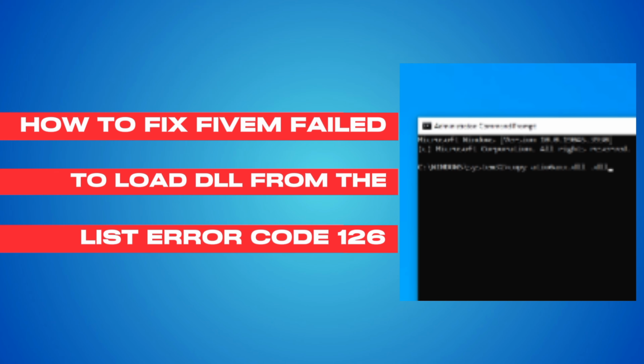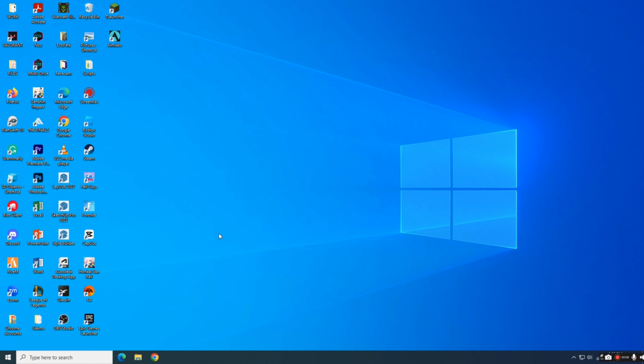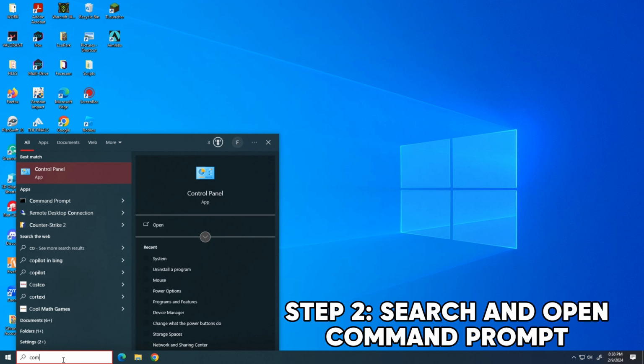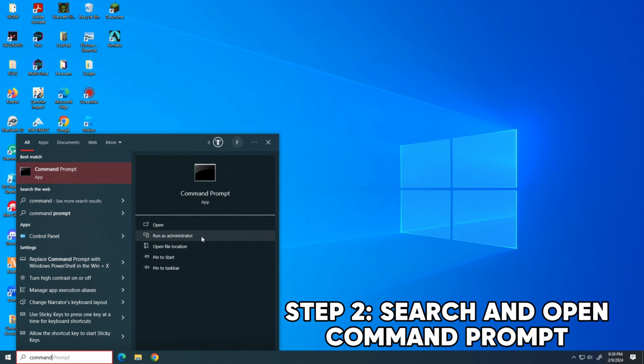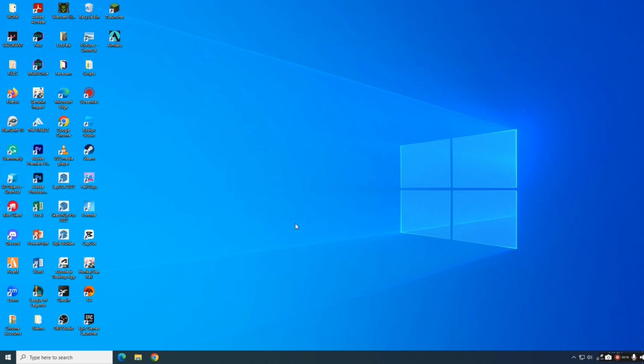In this video, I'm going to show you how to fix the FiveM "failed to load DLL from the list" error code 126. To do that, first you need to go to the search bar, then search for Command Prompt and run it as administrator. In the command prompt, type this